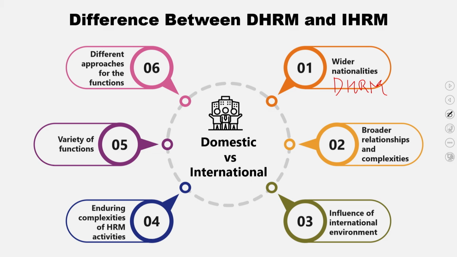Another difference is the broader relationships and complexities. The information sought by the organization is on aspects of employees and their family members. There is a contrasting difference even when recruiting and selecting employees of different nationalities. The elements can range from age or health or educational qualification. Even trivial matters like driving skills become relevant in some cultural contexts. Criminal records of the employees and their family members matter, since organizations are responsible for arranging the work permits, visas and resident permits for them and their family members.